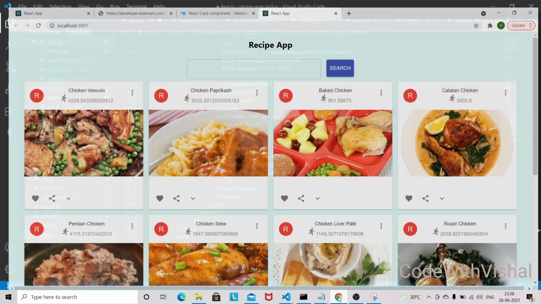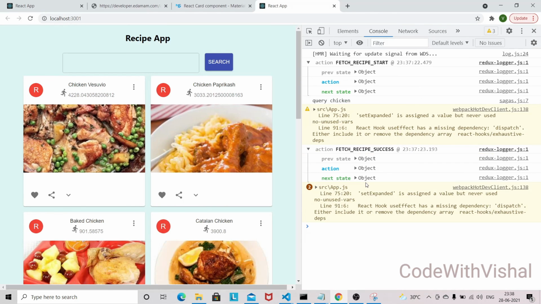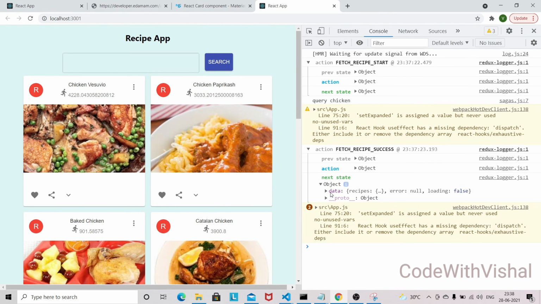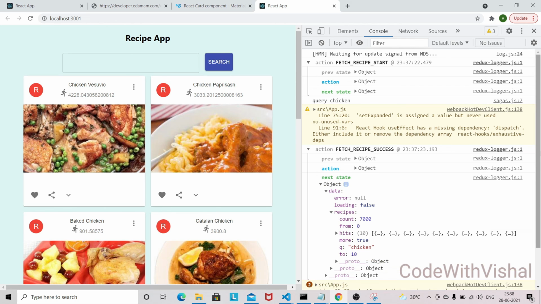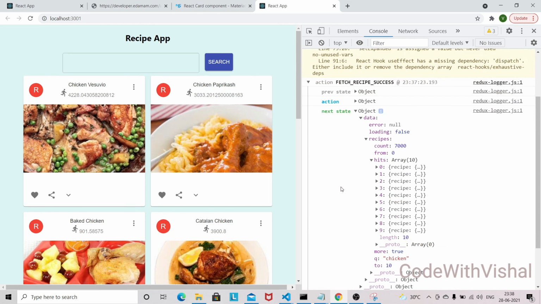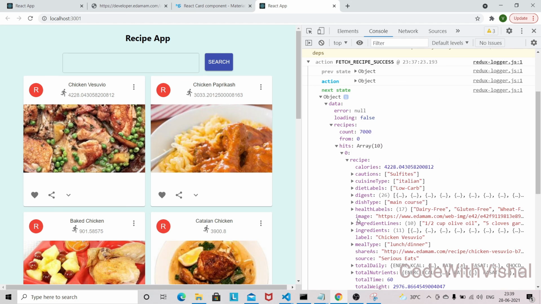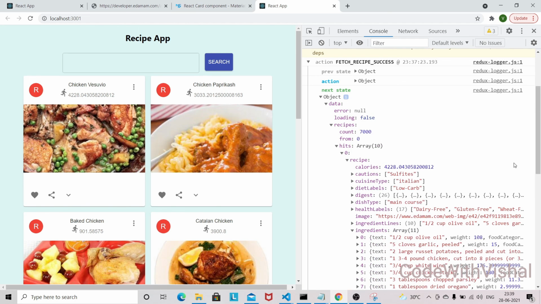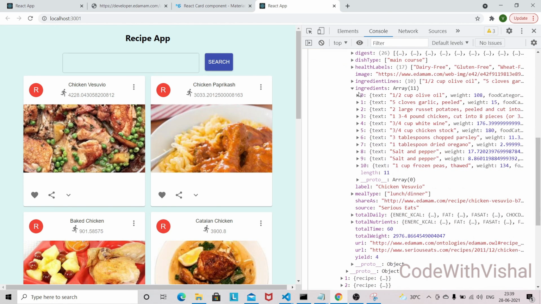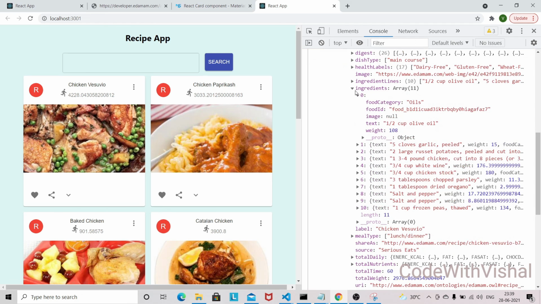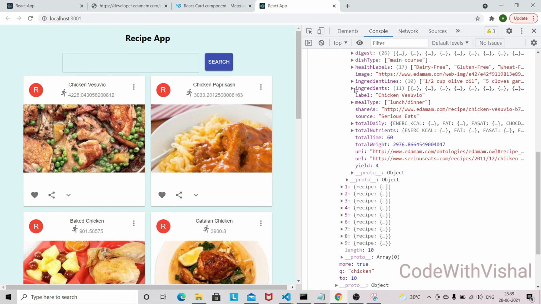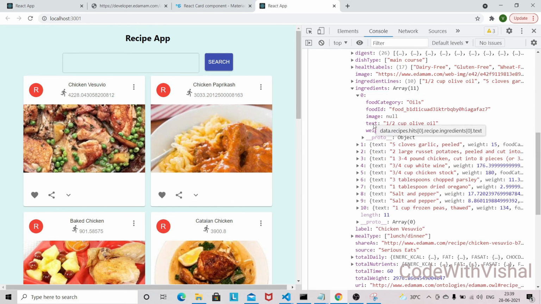If you look at the console, I'm just going to show you what we are going to display. In each recipe we have a recipe object, and in each recipe object we have the ingredient, and ingredient has an array. So we are going to read the text here.